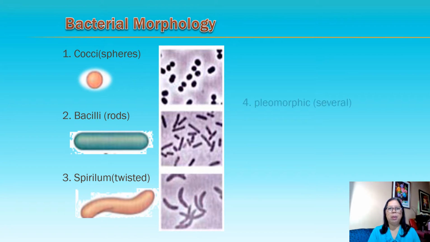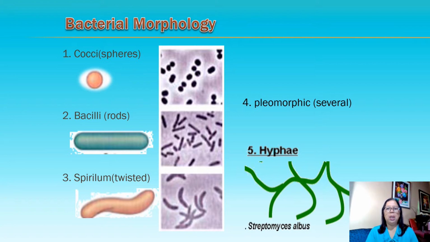There are also some other pleomorphic organisms, or they have several shapes. And then the last part is the hyphae. They are not the same as that of spirillum. The spirillum might only have two twists, whereas here they have a series of twists. So be careful in your observation under the microscope. A hyphae might be interchanged with spirillum, or a series of spirillum,